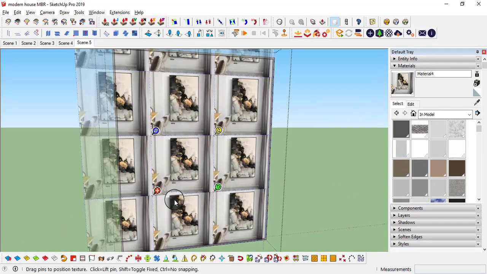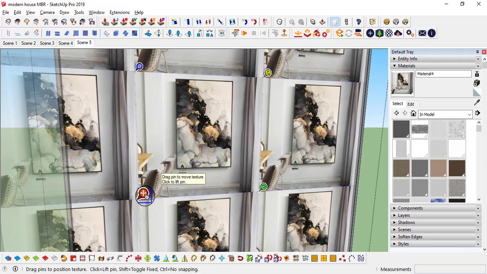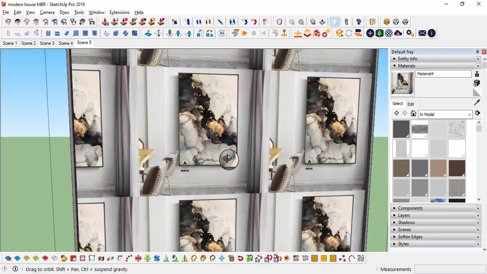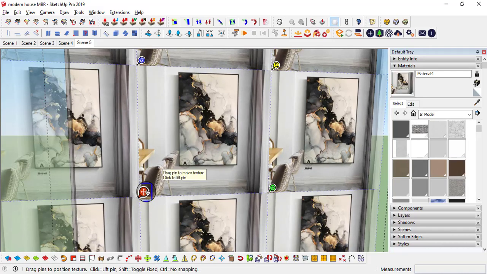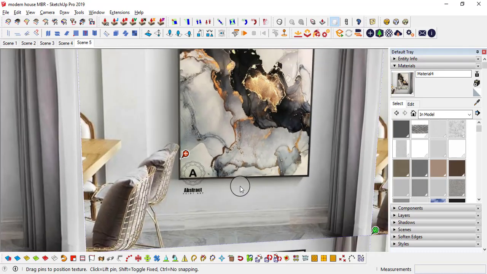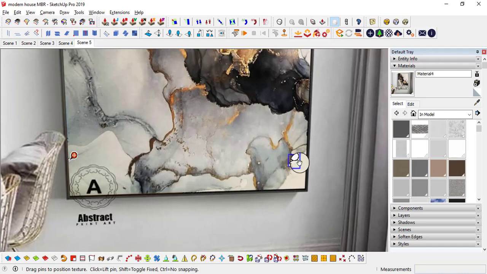Now texture position. See, simple. If you click and drag, it will increase the size, it will change the scale. If you click and leave the mouse, it is going to pick that handle and place it. I will place it over here, and this one too. While moving itself, you will get that blue color indication mark, right? Trace mark.